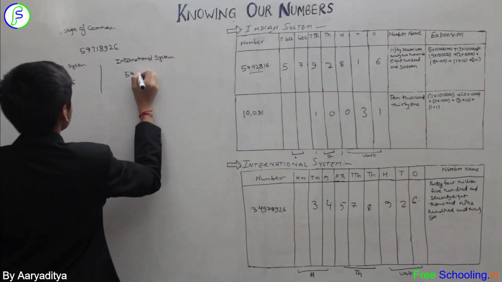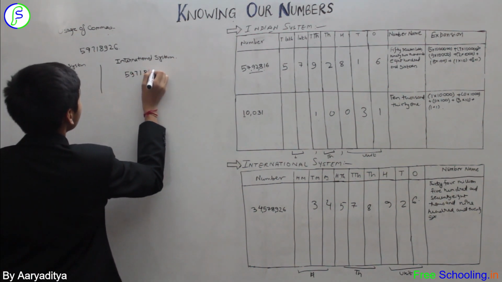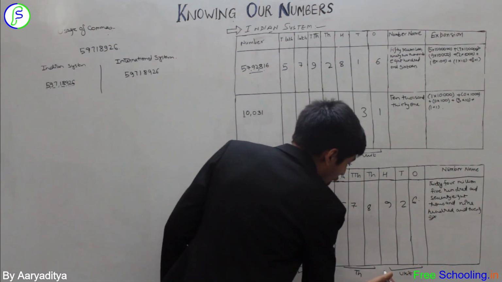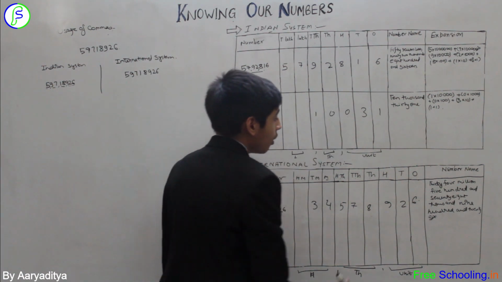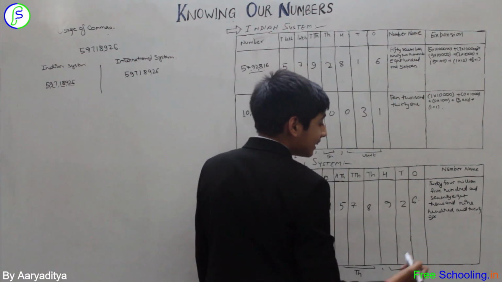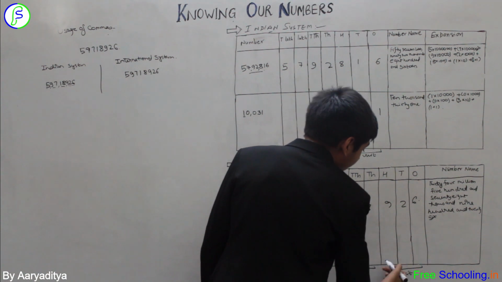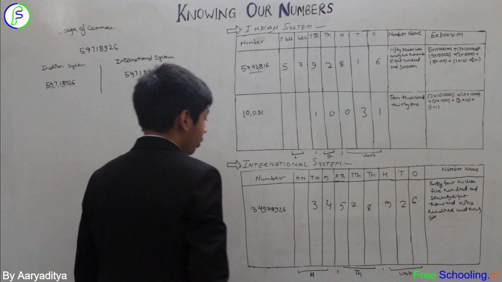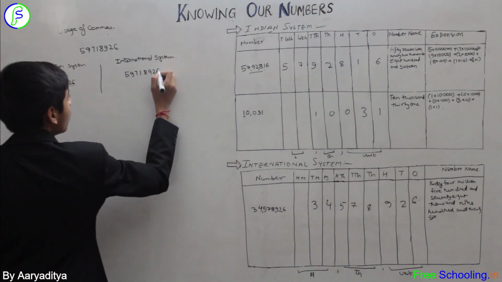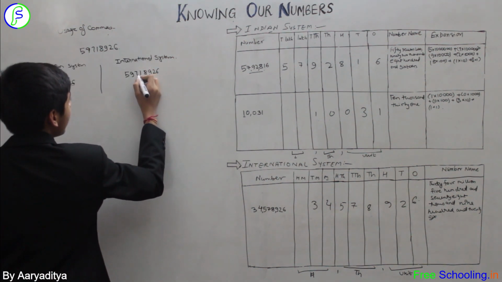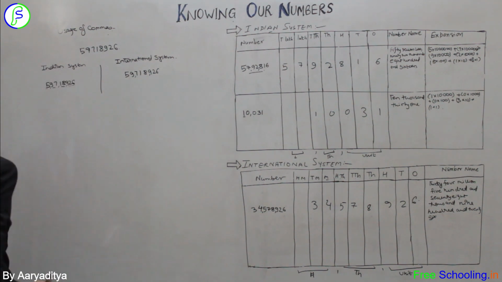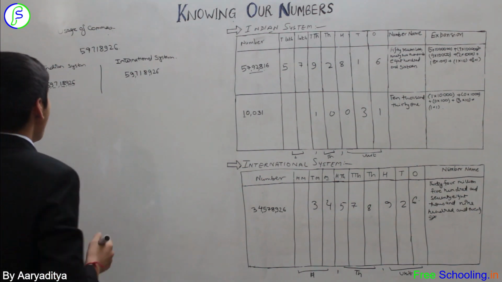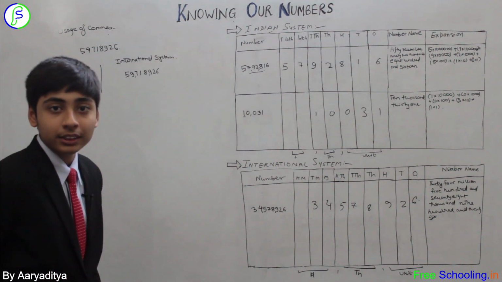Now let me take the number 8926. In the international system, again, a comma is inserted after every group. So by saying HTO, a comma is inserted from the right hand side after leaving 3 digits, simultaneously for the next and for the next group. So leaving 3 digits from the right hand side simultaneously, here's the number 59,718,926. Hope you have understood how to insert commas to a number.